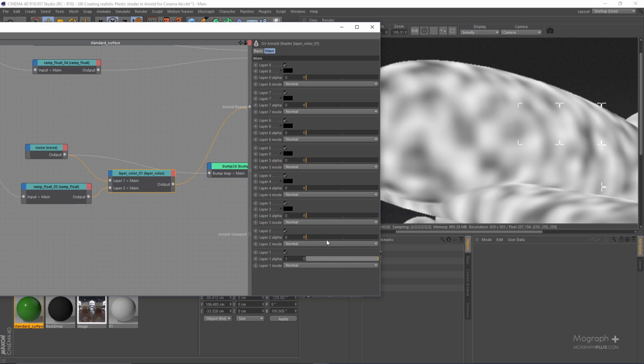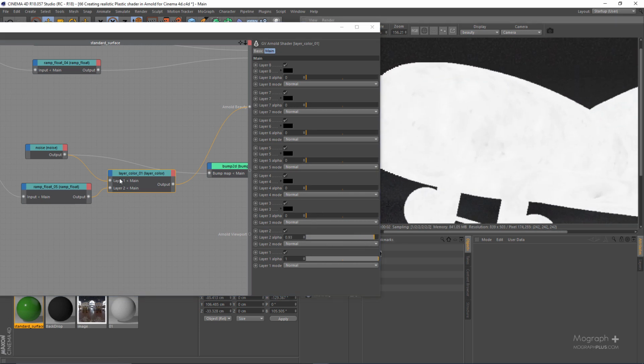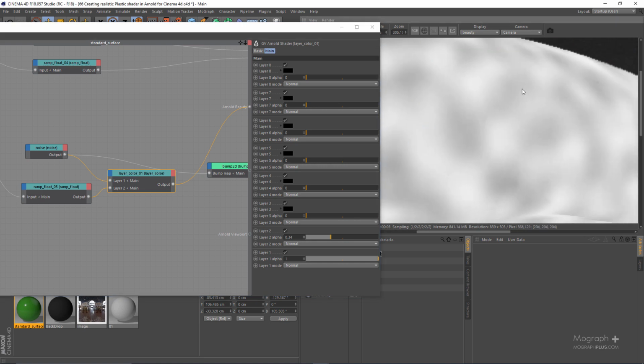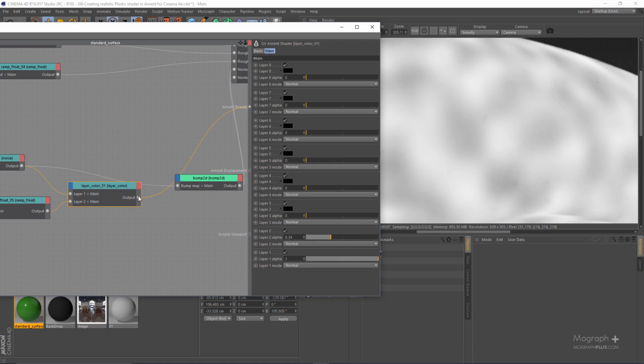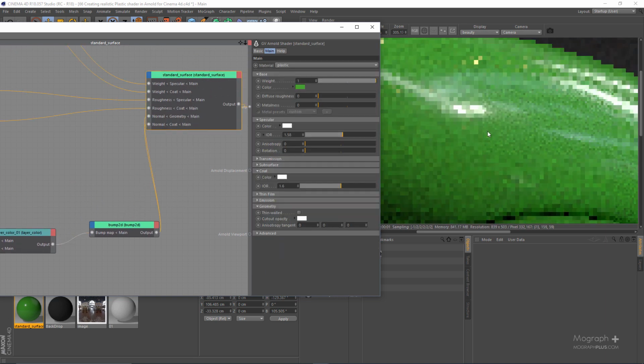Now if I increase the layer two alpha, we start to see the effect of the second ramp float node, but I don't want it to be that effective, probably something like 0.35. It's just going to add some small details, and that's what I want. Now we can connect the output of the layer color node to the bump map here, and connect the standard surface shader to the